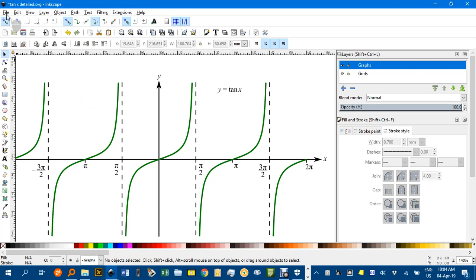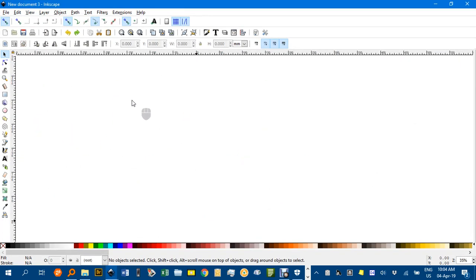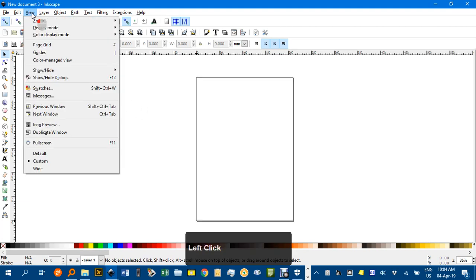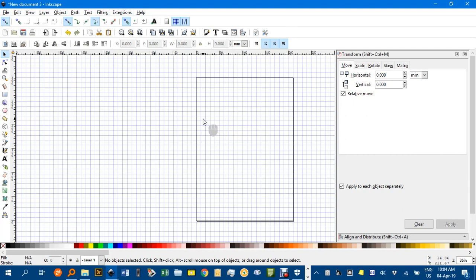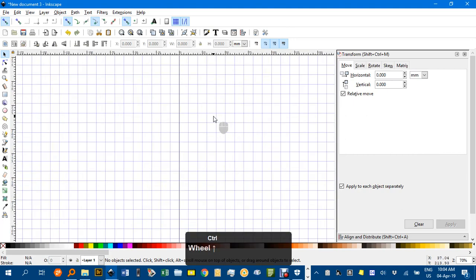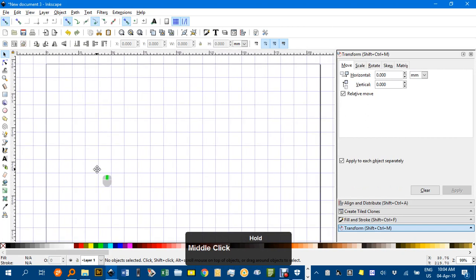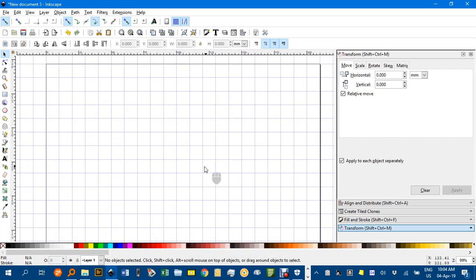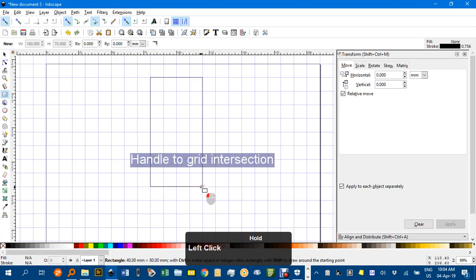So I'll start a new document, File, New, and then I will turn on the grid by going View, Page Grid, and I'll Control mouse wheel to zoom in a bit, and then mouse wheel down and drag, and there's my page. Now I'm going to create a grid based on an 8x4 rectangle, 1, 2, 3,